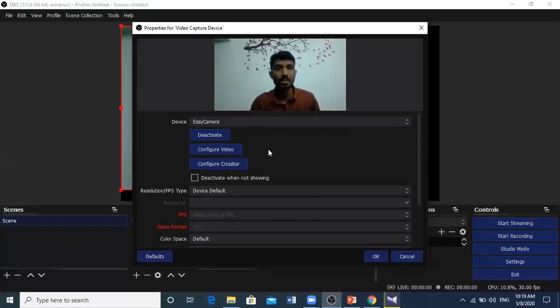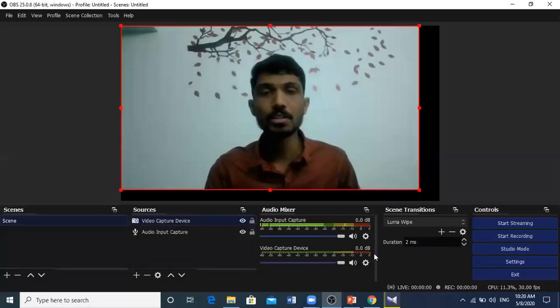Here you can see a device again. If you have multiple webcams in your system, they will display here. I have only one webcam. If you want clearer video, you can buy a very good webcam and install it on your system. Now I have selected, and here you can give the resolution of your video. You can use custom, or you can use the device default. I am using device default, and just press OK. Our video capture device is ready now.